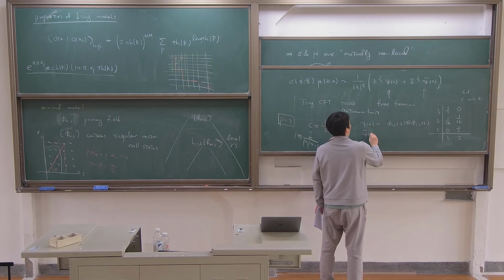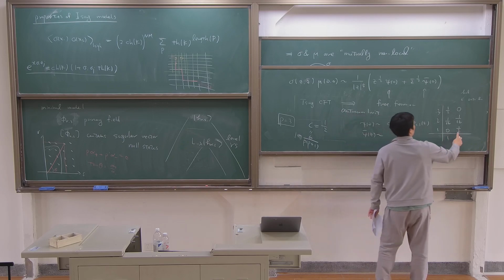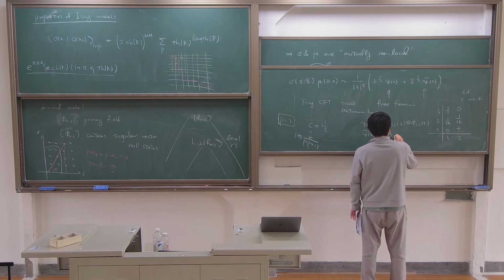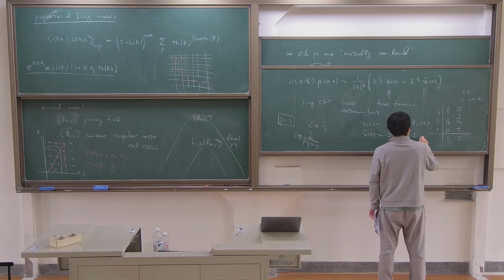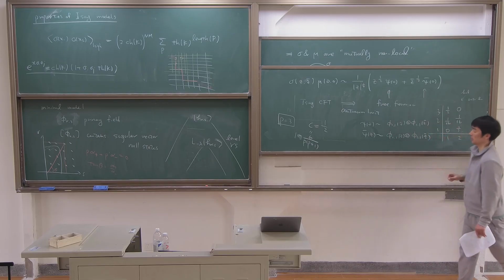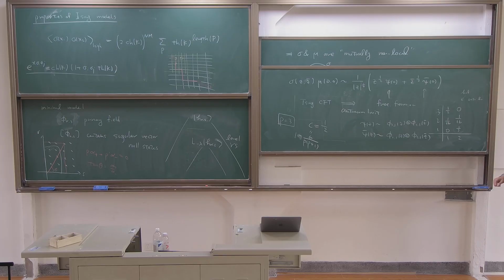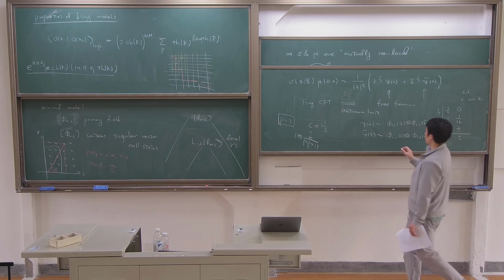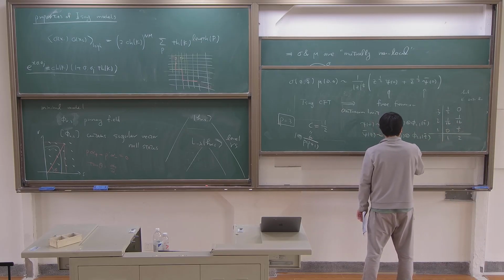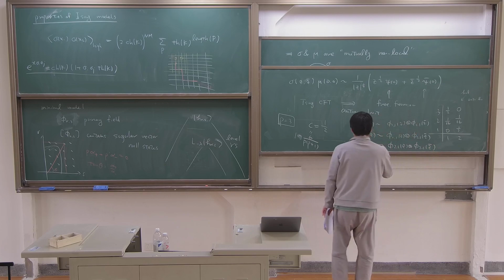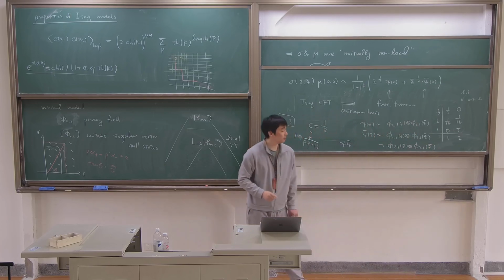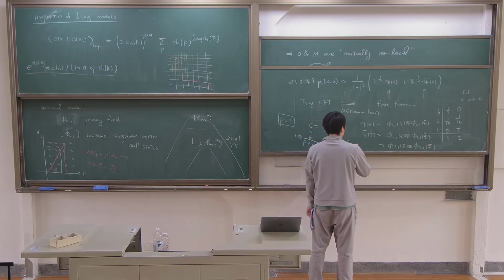And psi bar arises as phi 11 of z cross phi 21 of z bar. With both holomorphic and anti-holomorphic sectors, this will give you psi bar psi, and this is the energy